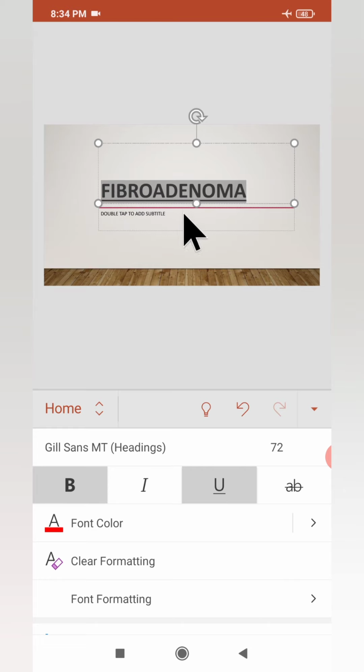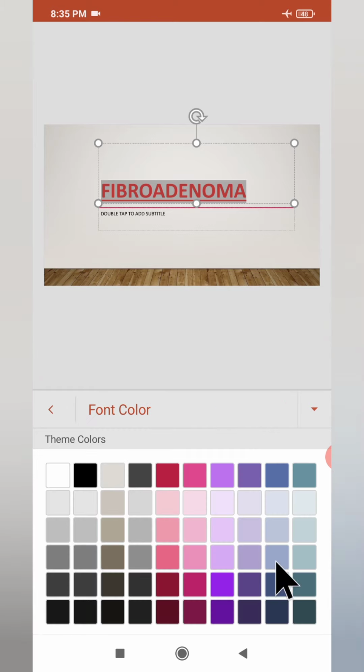All right. Now suppose you want to change a font color, then here you can change a font color as well. You can see that the color of the font has been changed, that is red color. You can select different font colors. For example, you can select all these types of font colors according to your need.